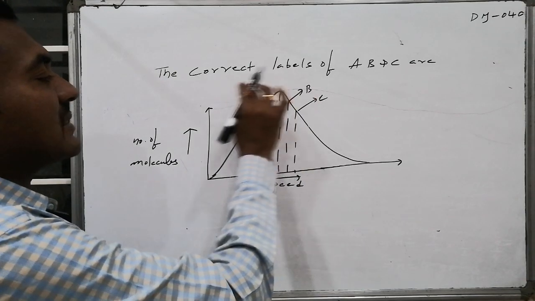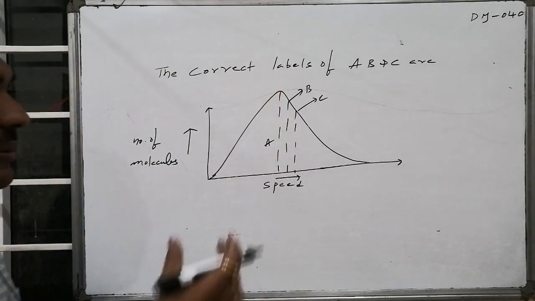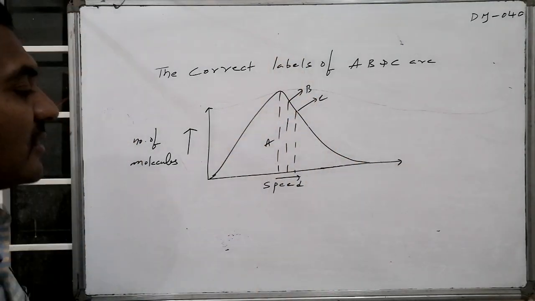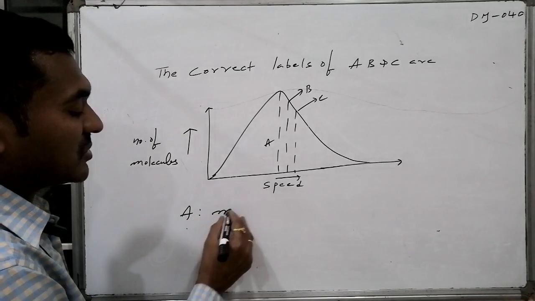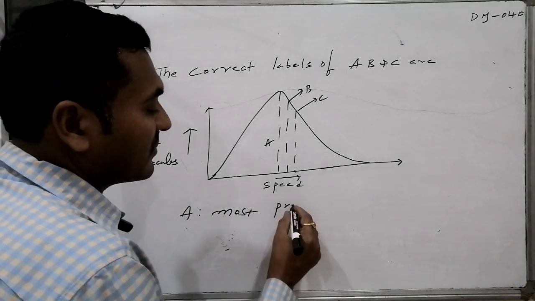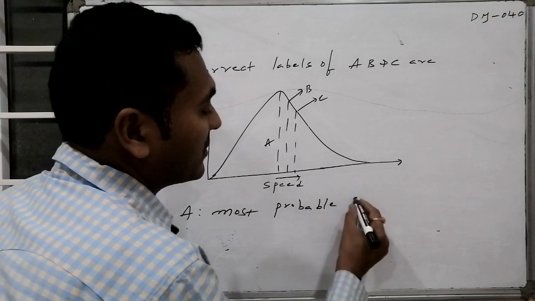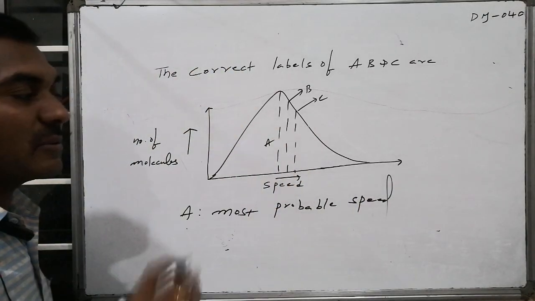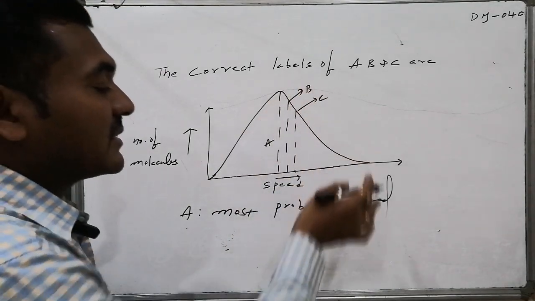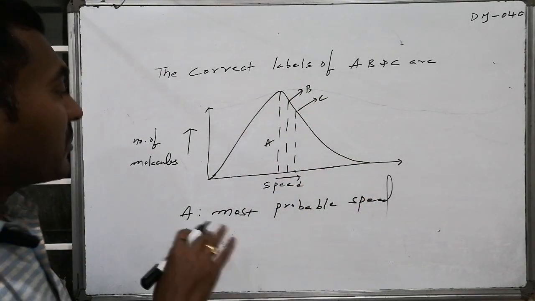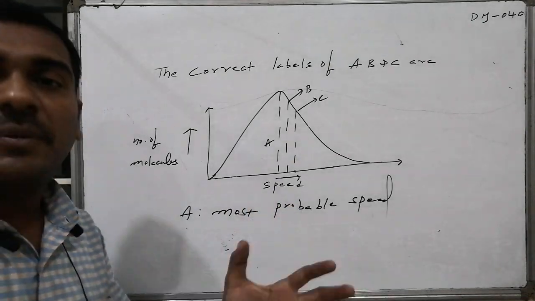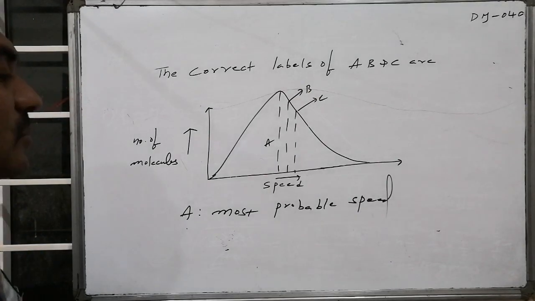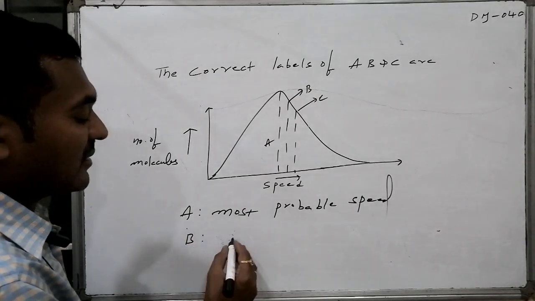This is the maximum percentage of molecules, the maximum number of molecules from the total, which are associated with the highest speed. That speed is said to be what? Most probable speed, that is, most probable velocity. Compared to the most probable velocity, the average velocity will be higher, whereas the number of molecules associated with average speed will be less compared to the most probable speed. Hence B stands for